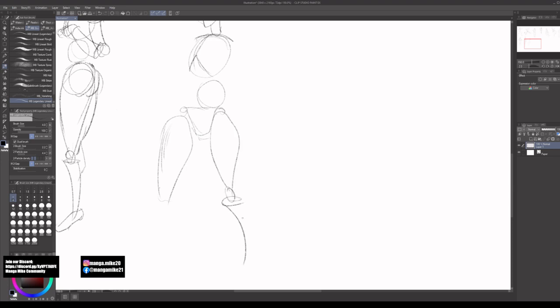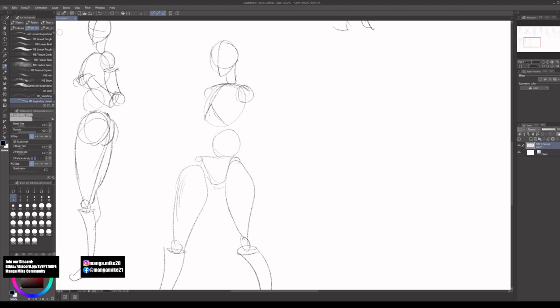And that doesn't happen without having consistent poses that you're going to be working with time and time again. So that's my suggestion for that. Now, the next thing is how do you come up with your own mannequin? Because just because I have this particular mannequin that I've shown you today, that doesn't mean that you have to